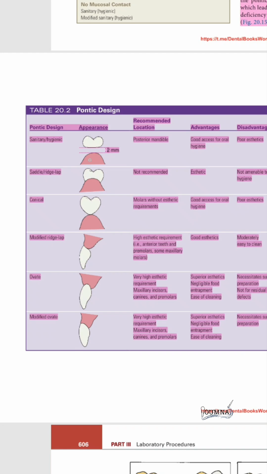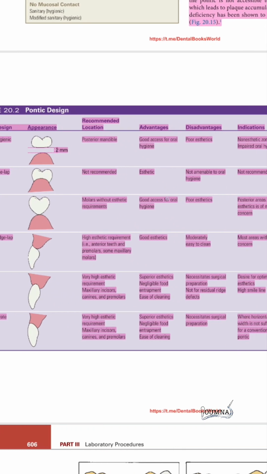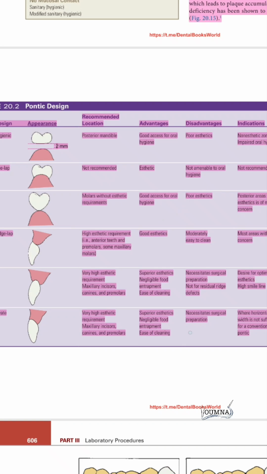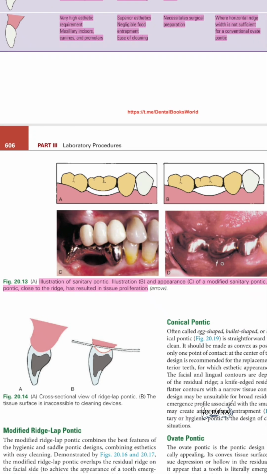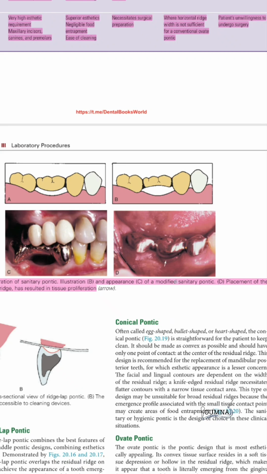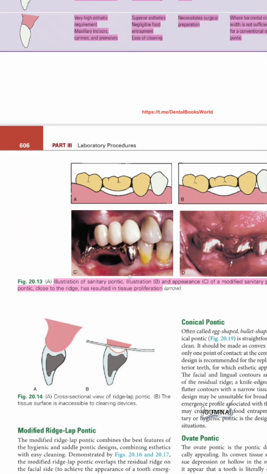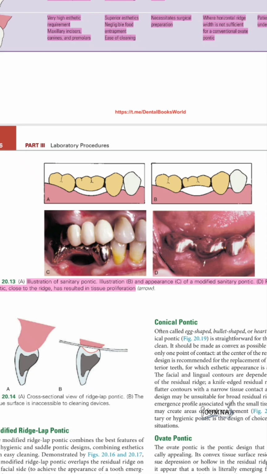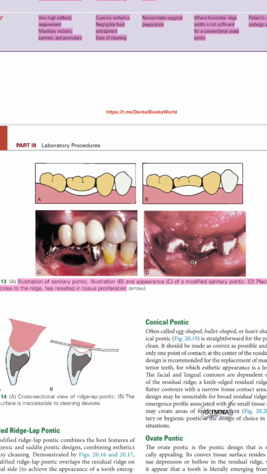The sanitary or the hygienic Pontic, where there is no attachment between the Pontic and the gingiva. It is usually used in the posterior mandible region. It has good oral hygiene but poor aesthetic. This is it, where we have the sanitary Pontic that is not attached to the tissue. Here, the tissue had grown to close the space between the Pontic and the